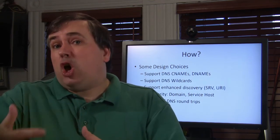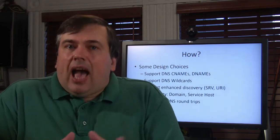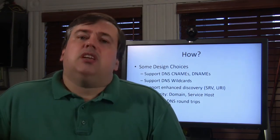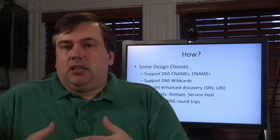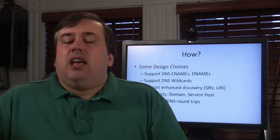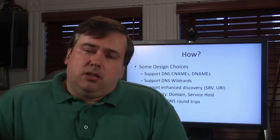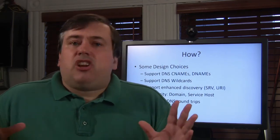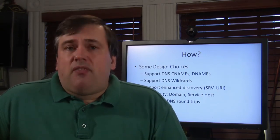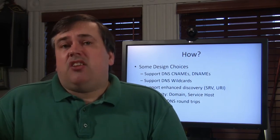Perhaps if you've got multiple hosts delivering that service, you want to have protocol attributes that apply to specific hosts. And of course, whenever you're looking at changing the way that you're using DNS, you want to have an eye on efficiency and the number of round trips that you're using. So there are a lot of design choices. I'm not going to go into those in detail. However, I did want to make clear that I've been thinking about these, and I think that there are good